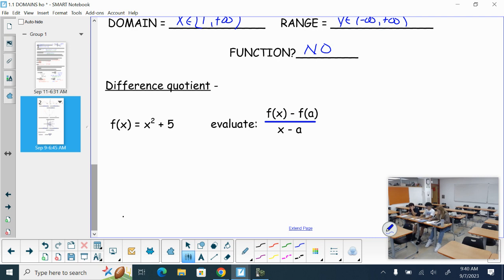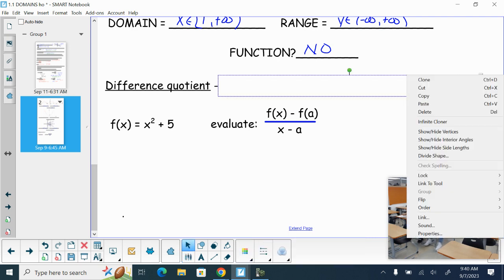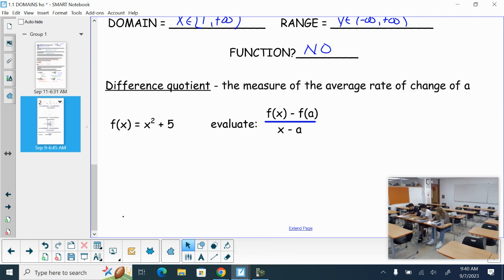Last thing we're going to look at is a difference quotient. We did this a little bit in pre-calc. It measures the average rate of change of a function. It's the measure of the average rate of change of a function. Now, where you will see this